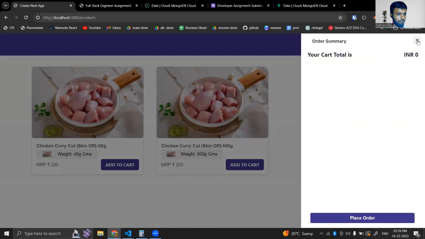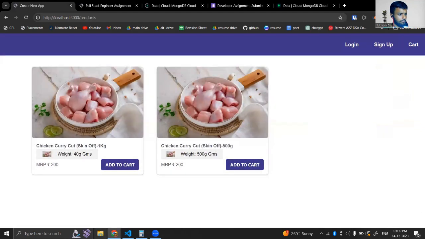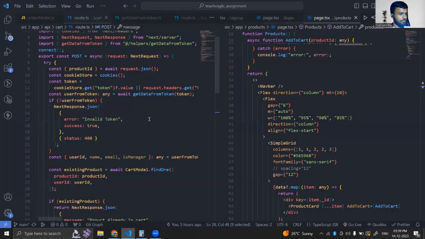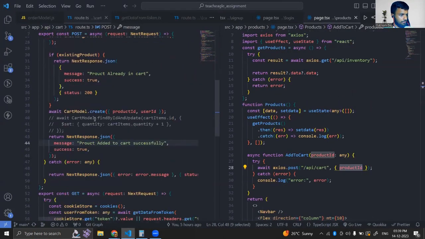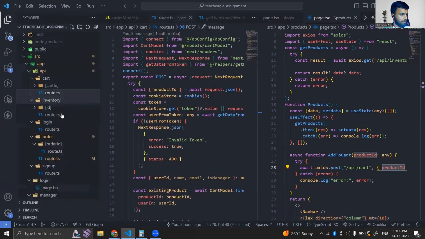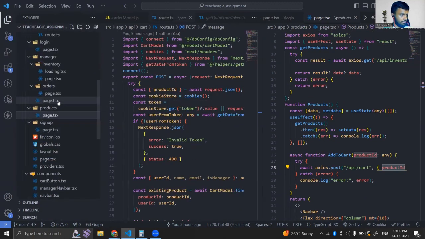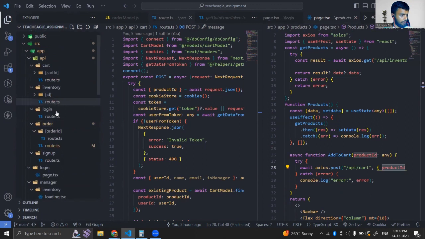Have I deleted something? Okay, okay, okay, so I got the issue. This is not an issue actually. After you place an order, let's go to the order create, the order details. Okay, no, that was a bug, I think. So what's going to happen is